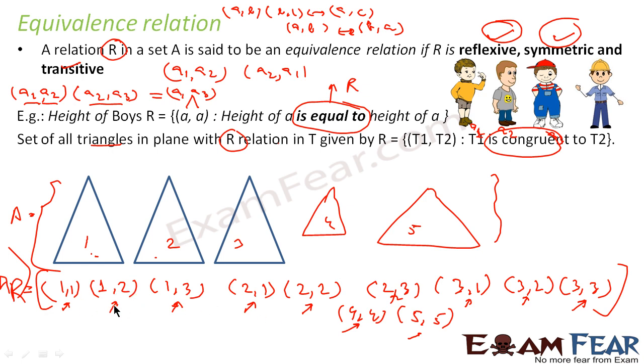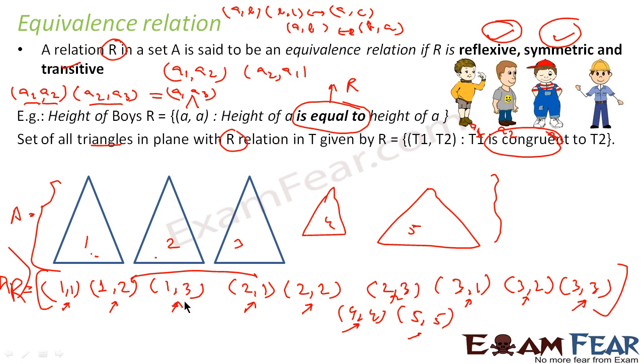With 1 2, the ones starting with 2 are these. So 1 2 and 2 1, if you combine, this becomes 1 1, and this is there. 1 2 and 2 2, if you combine, this becomes 1 2. Correct? 1 2 and 2 2. The 1 2 is there. Similarly 1 2 and 2 3, if you combine, this becomes 1 3, and 1 3 is there. 1 2 cannot be combined with 4.